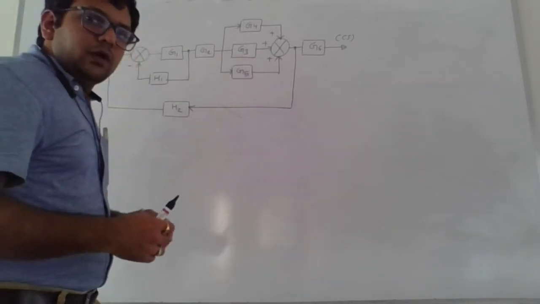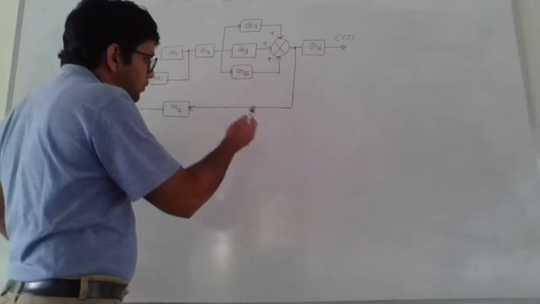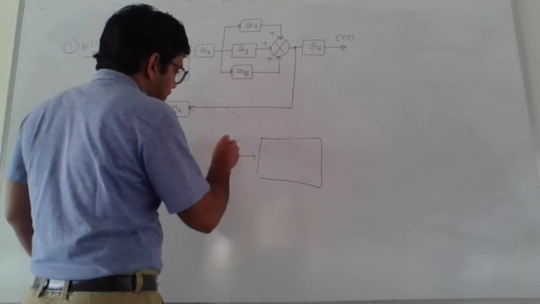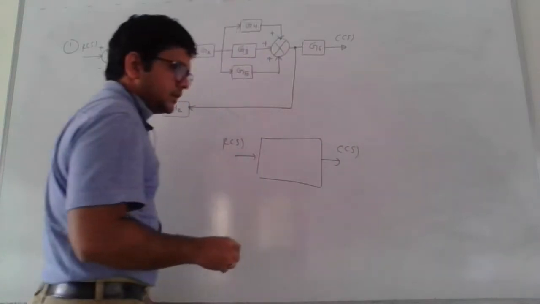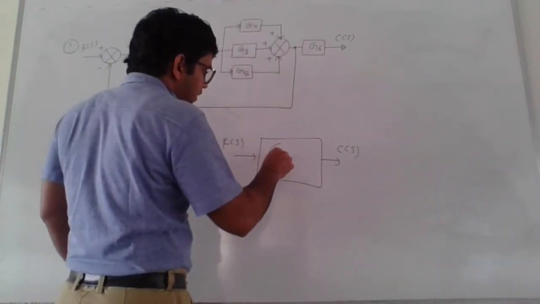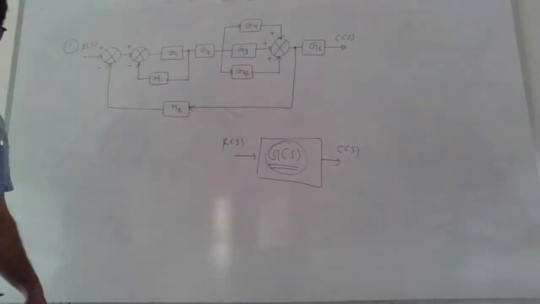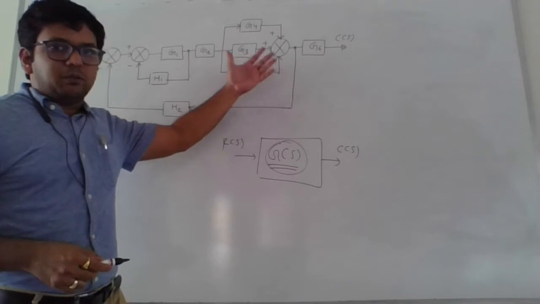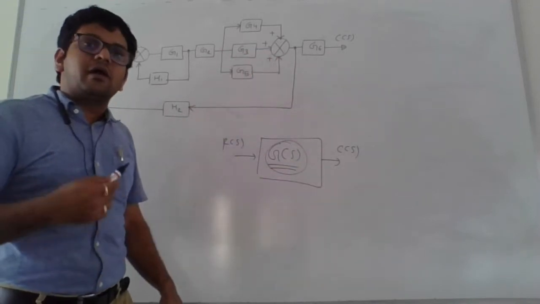That means in order to calculate the value of overall transfer function, our final objective is we want to replace this entire system by a single block to which we applied some input which is nothing but R of s, and finally the output is nothing but C of s. So whatever the mathematical function available inside this block, this indicates your transfer function. So this is what our final objective is. We want to represent this particular system in a single block. That's why this technique is called as block diagram reduction technique.